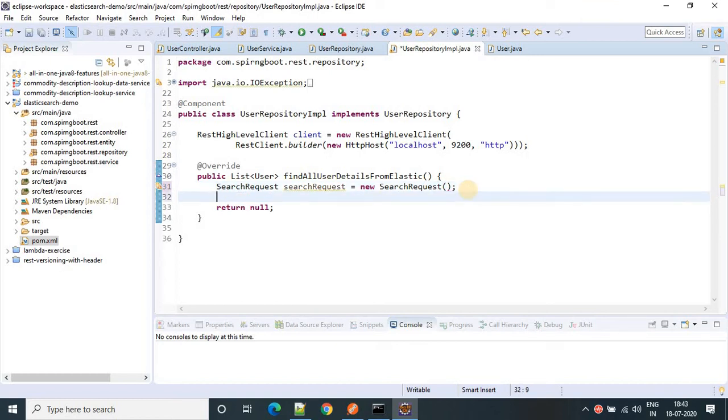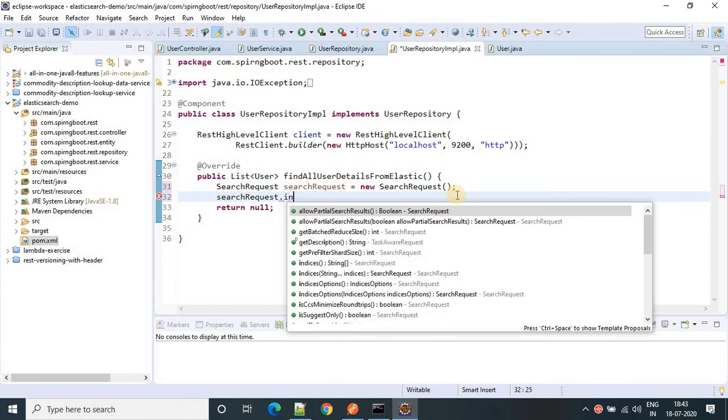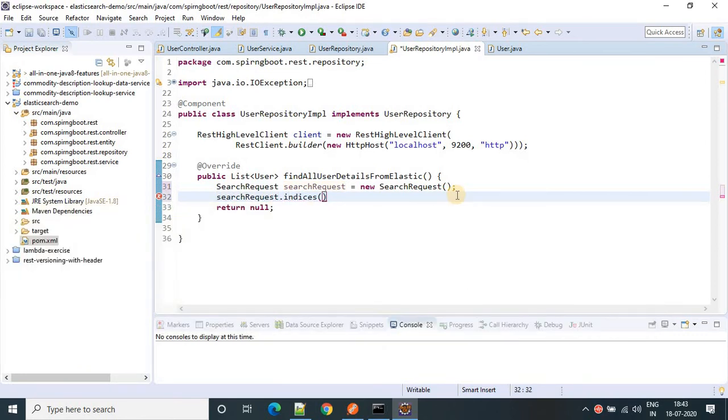Now we need an index, right? So in our case, what is the index? Here we have to provide the index in indices. In our case, the index is user manage. This is my index name. We saw it in Kibana, right? The index name user manage.